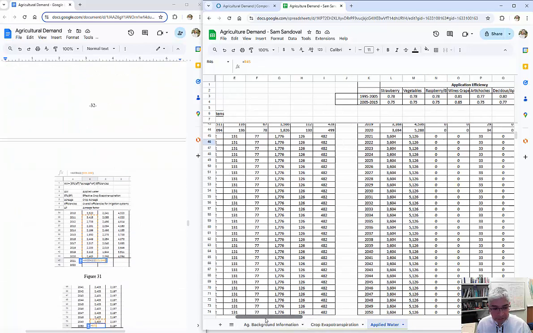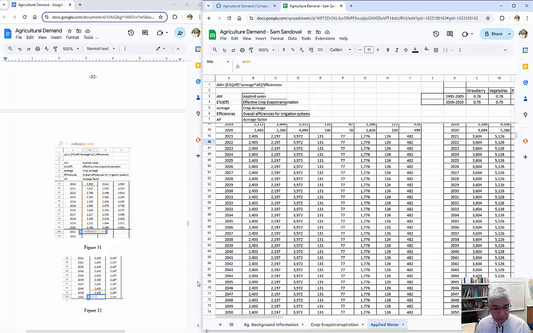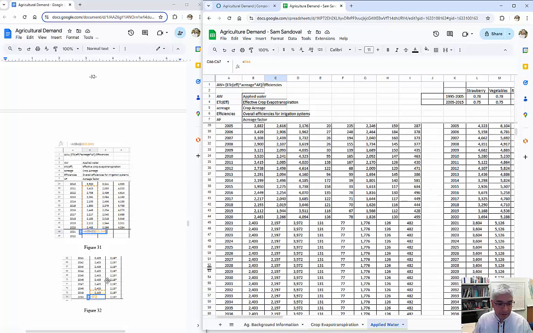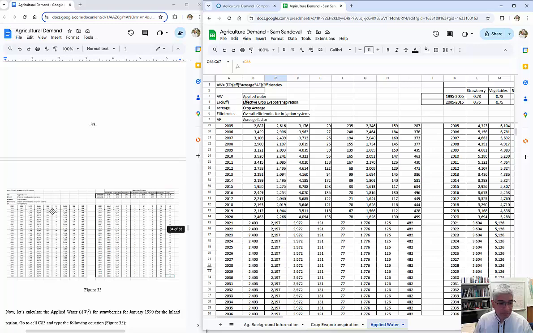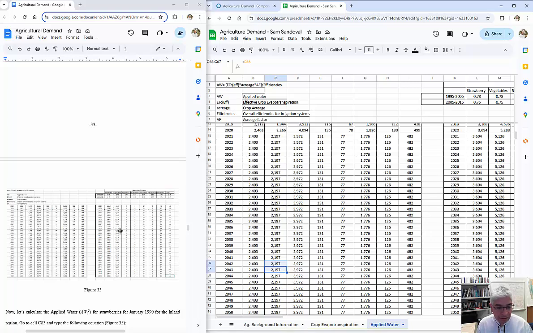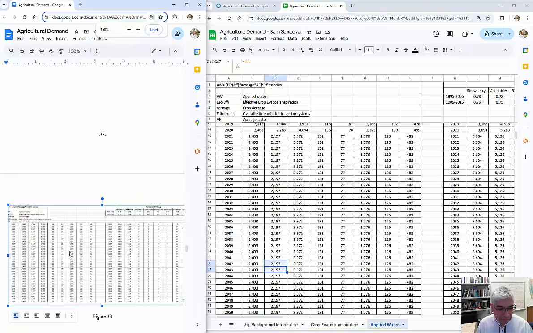So as you can see here, in this case, this 2,403 acres, or this 2,197, they match that part. If we get a closer look here,